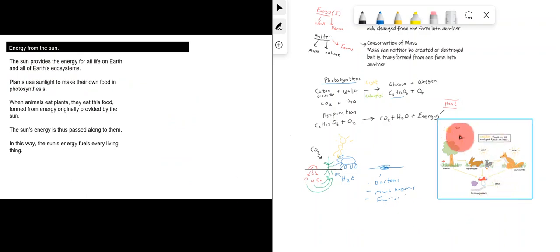So if we look at something like this, we have a system. You have plants and animals that all rely on each other for survival. Essentially what all these plants and animals are doing is transporting energy from the sun, trapping it in their cells in the form of glucose, and passing it on to each other when they are consumed by each other. Energy is also released into the environment by all these organisms in the form of heat. Remember, when respiration happens, it gives off this energy, and all animals give off heat, for example, which is lost into the environment as heat energy.